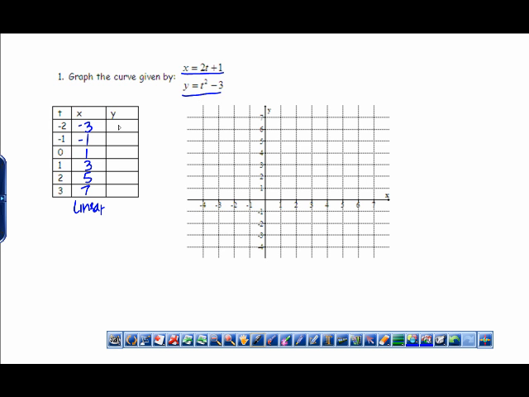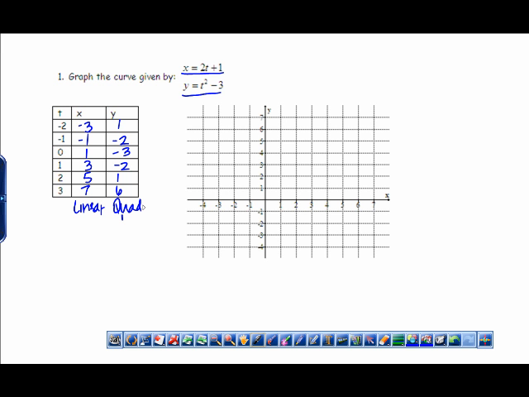Negative 2 squared is 4, and 4 minus 3 is 1. Negative 1 squared is 1, minus 3 is negative 2. And the next one is negative 3. The nice thing about quadratics is I do get some symmetry. So 1 and negative 1 should yield the same result. So should 2 and negative 2. Those should yield the same y value. Okay, and this is just kind of reviewing those good algebra skills that you hopefully remember from Algebra 1